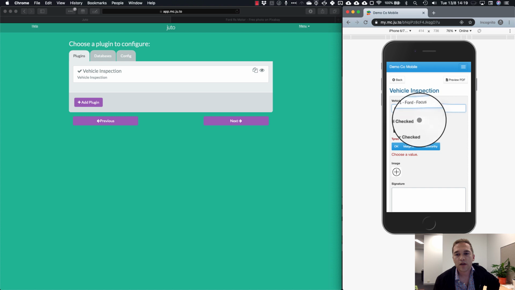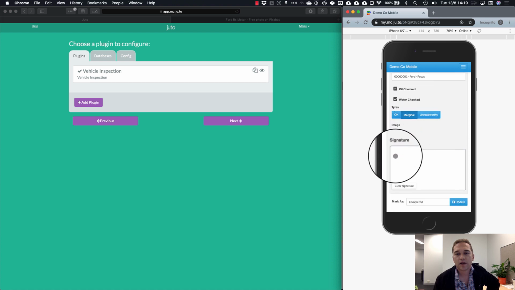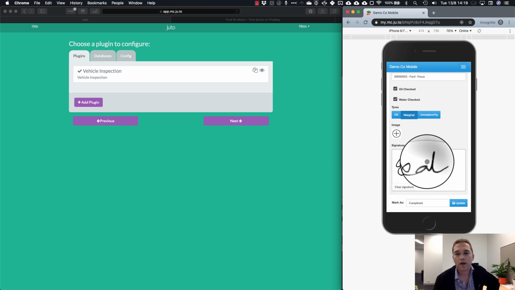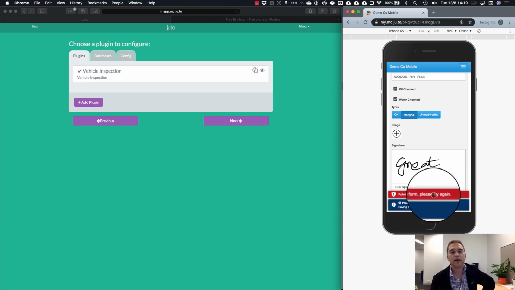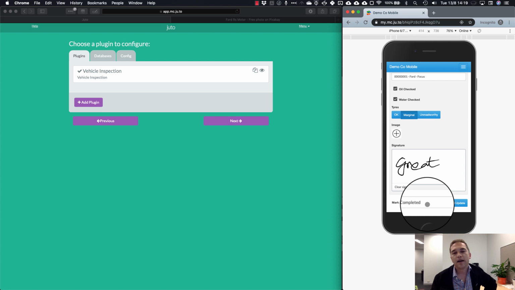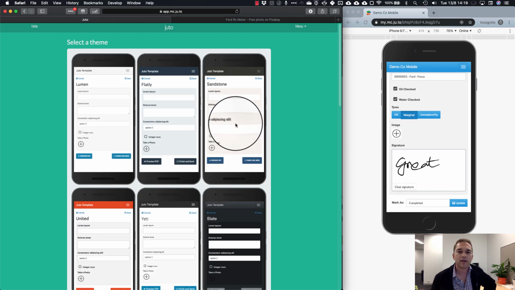I'll check those items, and you can see that multiple choices turned into these nice big touch targets. The signature is a nice touchscreen signature. But when we go to update it, we get failed to save. That's because we don't yet have a subscription set up in the app builder. So it gives you a nice little preview, but to actually show what happens, we need to go through this